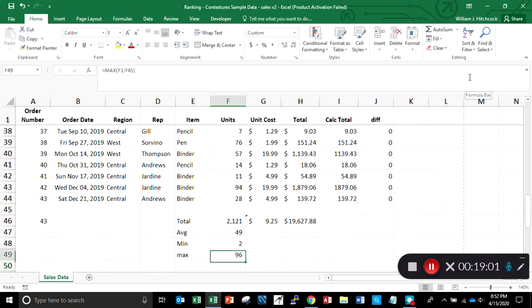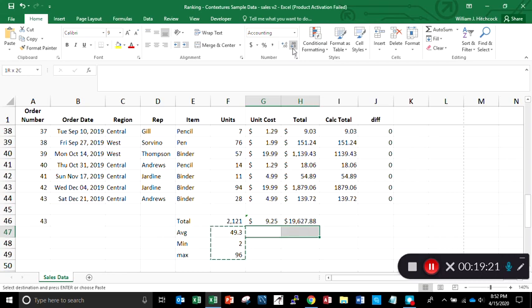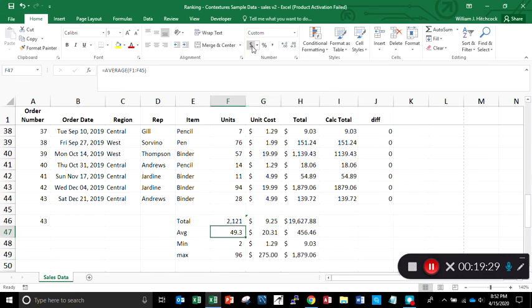Select that range. For the average, I like to at least give 1 decimal point to it. You know, that way it makes it a little bit easier to tell what that number really is. So I'm just going to do 1 decimal point. And then let's copy that across for the unit cost and the total. Those numbers there, we're going to want to use our dollar format. And the other thing that I can do is I can take the minimum and maximum and copy that over for the dates. But then let's format